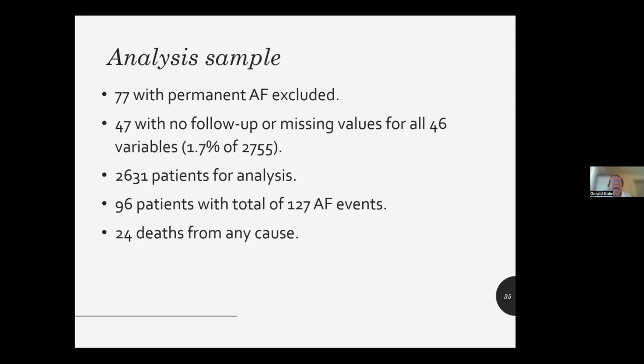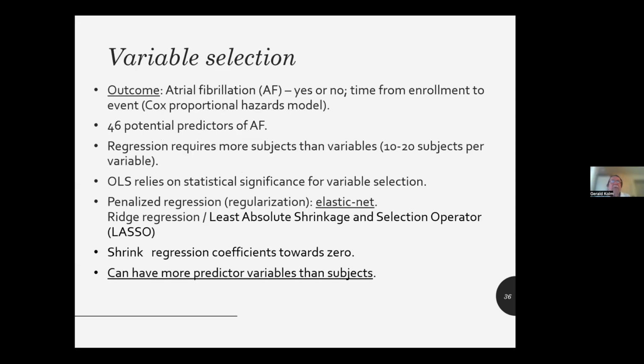So we have 10 complete data sets. There's 2631 in each data set with complete data. And so we're going to analyze each one of those separately and then combine the results to get an estimate of the regression coefficients. So our outcome